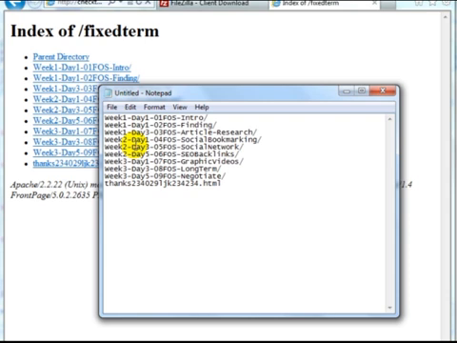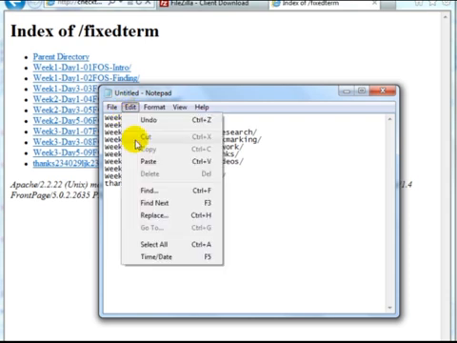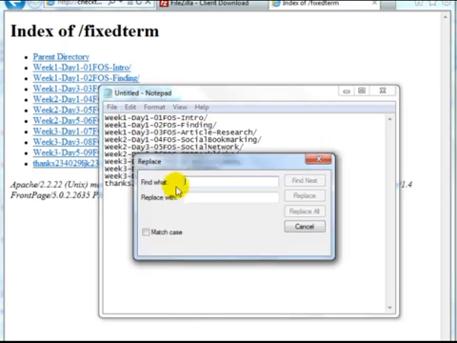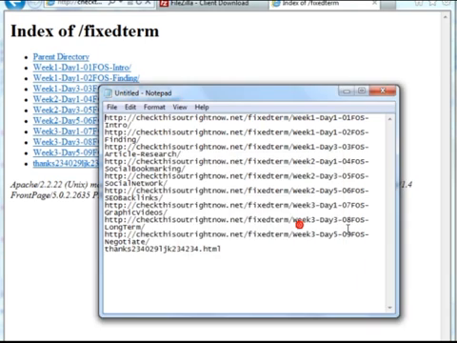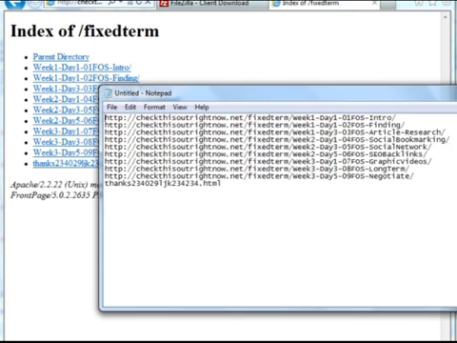So what I can do up here is go to replace week with this URL, and then I put week in here. So whatever you grab here that's similar to everything else, add it here. And then click on replace all. And as you can see here, I have the URLs for all of these links, except for this link,